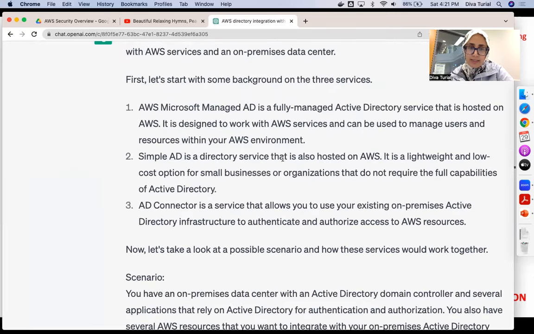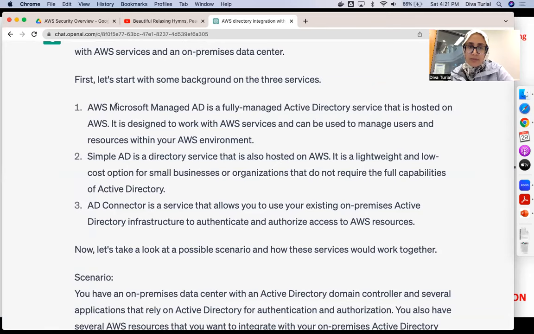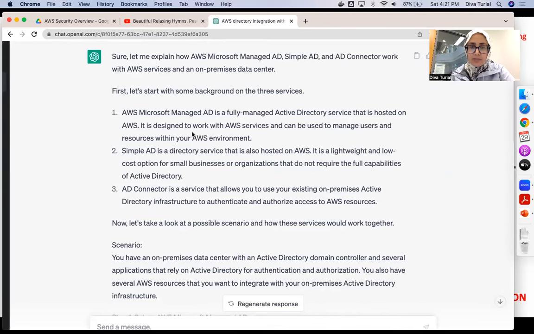Microsoft Active Directory is a fully managed Active Directory service that's hosted on AWS. It's designed to work with AWS services and can be used to manage users and resources within AWS. So it's a directory service that has information about the users, and we can use that information to authenticate and authorize users to do certain things on the AWS console, right?